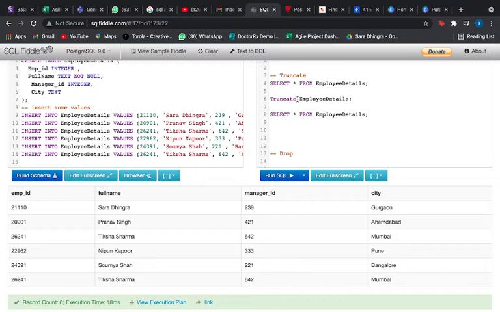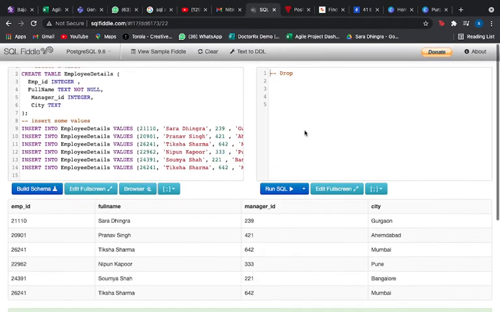But the delete command works upon the condition that you give, and even if you are not putting in any condition, it deletes all the rows one by one. It goes through every row one by one, and then it deletes the rows actually, not the table. Alright, so this was the difference between delete and truncate, and at last now we have our drop command.